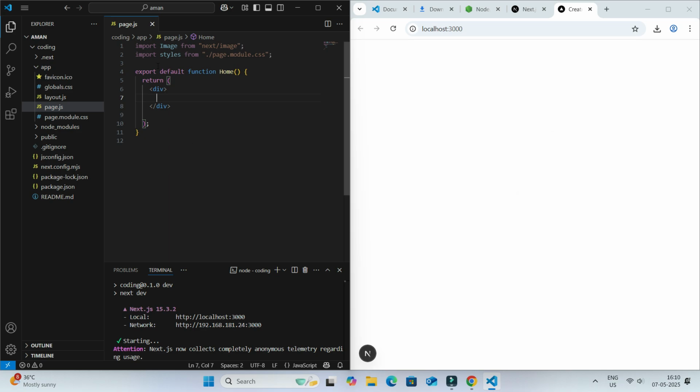And guys, one more thing I want to tell you, this is the syntax to run Next.js code, and it is mandatory. You have to keep it always. If you don't keep this syntax, then it will not run. And guys, I am showing you how to write anything else. So to write anything else, I am typing here. First I type an open bracket, I am writing an h1 tag, and I hit the enter button, and here I am writing I am Aman, and after that I save it by pressing Ctrl+S on the keyboard, and here guys it is showing I am Aman.